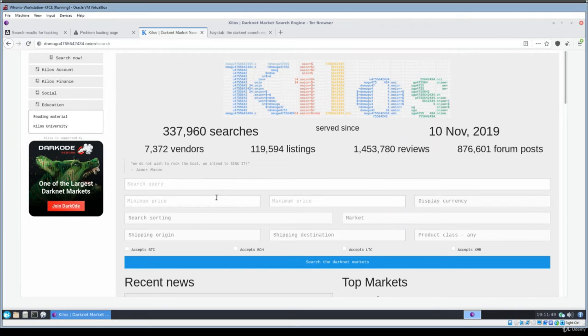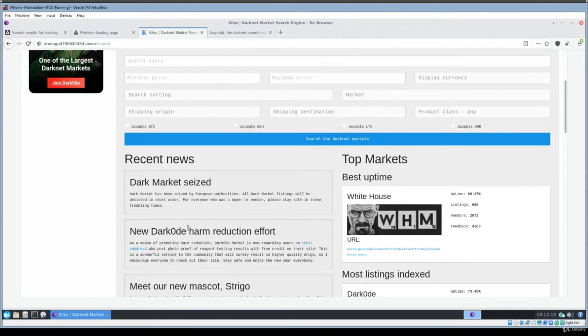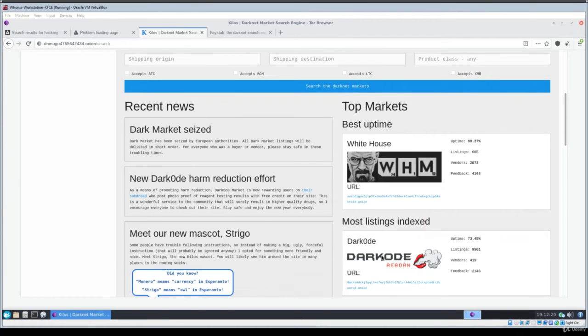If you put in your search query, you can see different filters like shipping origin, minimum and maximum price, and payment acceptance like BTC or BCH, which is Bitcoin Cash. Apart from this, there you can see some news, and they have the Dark Code Tor service, or you can say the website, which is the most notorious, most blacklisted hacking forum in the Darknet, this one.